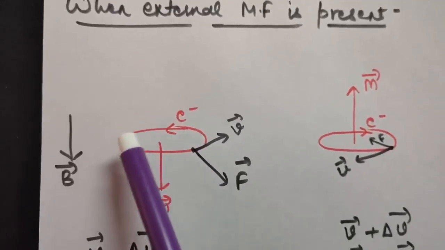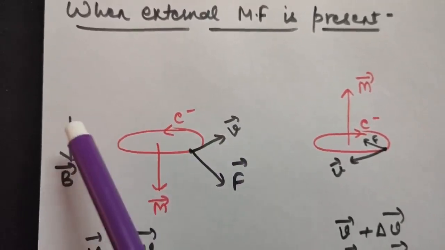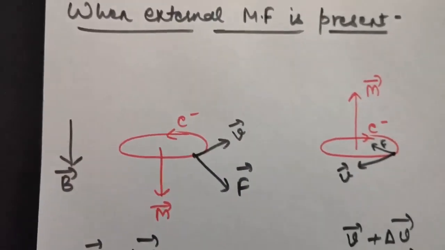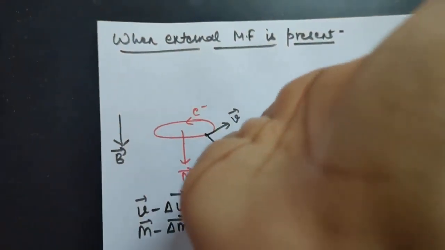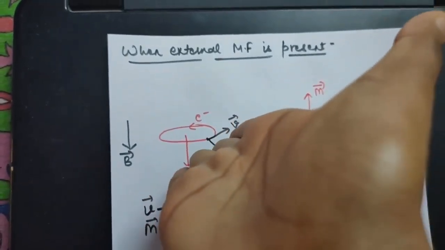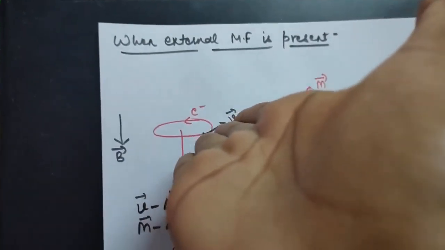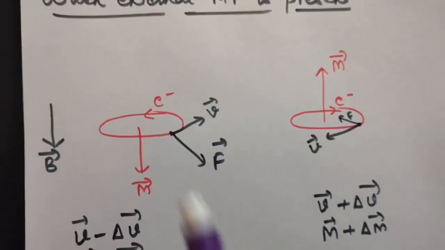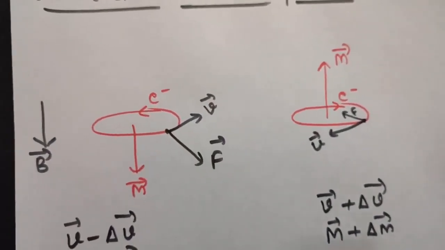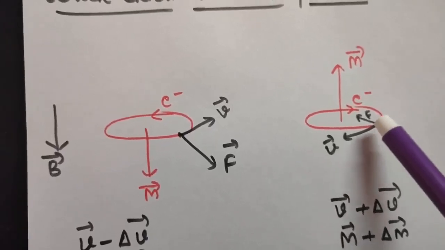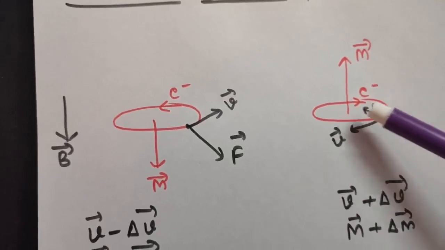Now look here clearly. When this electron rotates and comes here, its velocity will point in this direction. Magnetic field is in this direction. Now you can use your right hand palm rule. Magnetic field is in the downward direction, my thumb is giving the velocity of this electron, and my palm is pointing inward to the circle. So that means the force should be inward, but again electron is a negative charge, so the force will act outwards. Similarly, for this case, you can use your right hand palm rule. Your palm will point outwards, but again because electron is a negative charge, the force will be inwards.